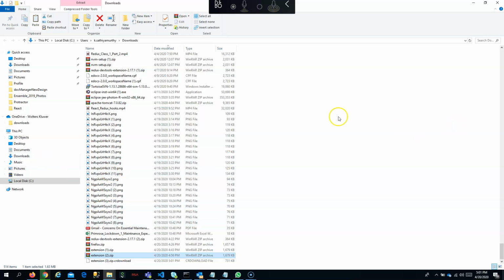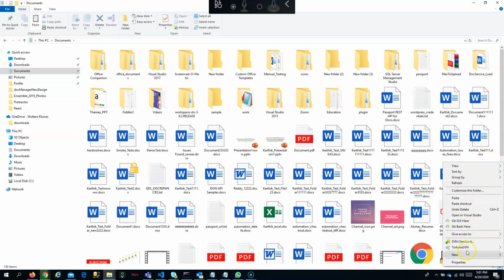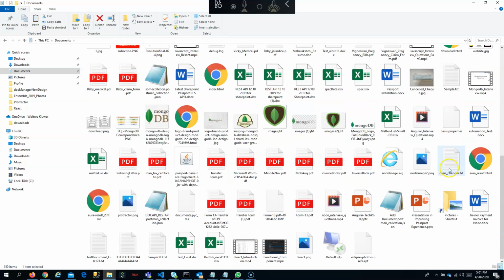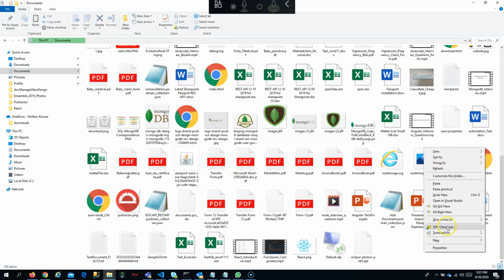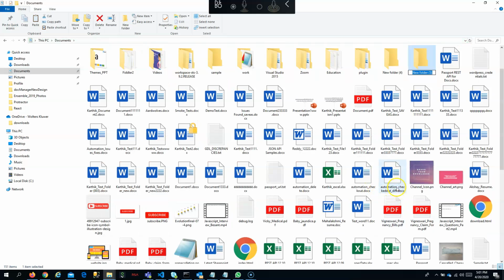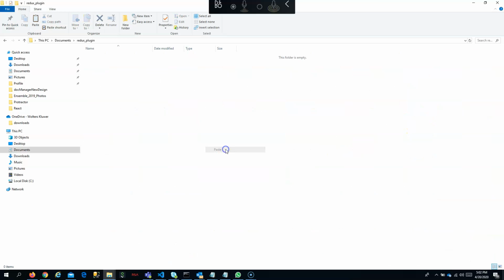create a folder here. Create a new folder and rename it as some Redux plugin or something, Redux plugin, and you copy the extension here.